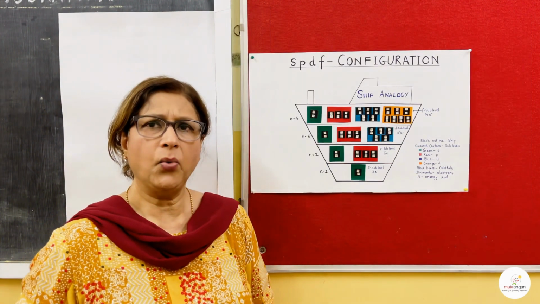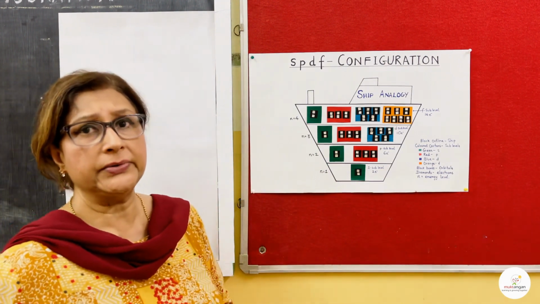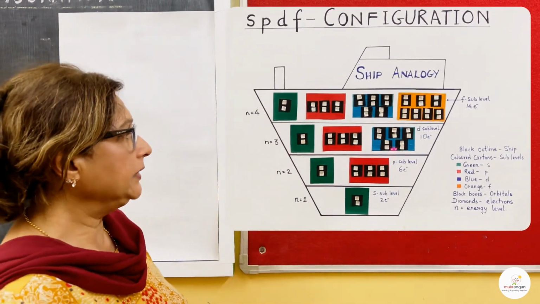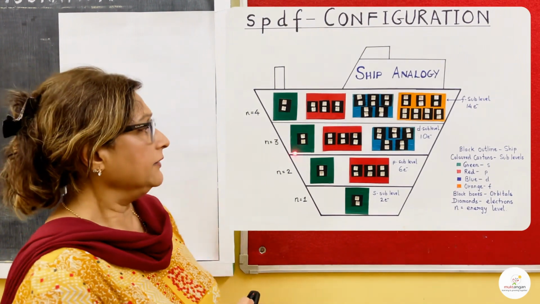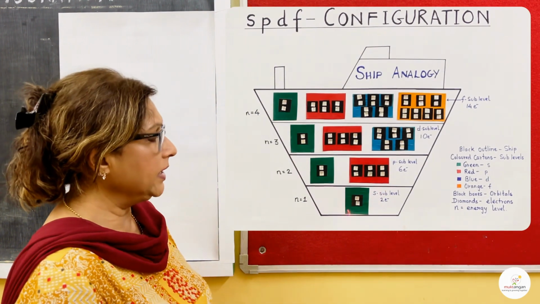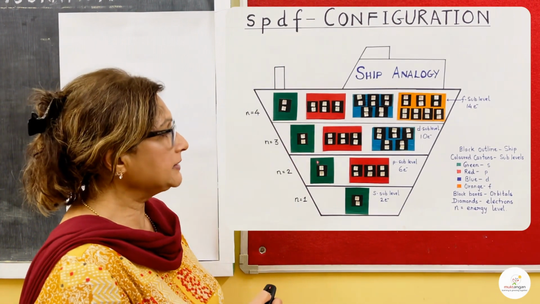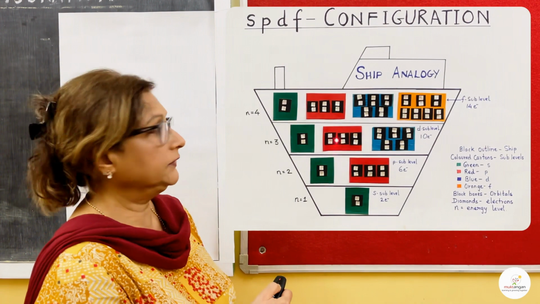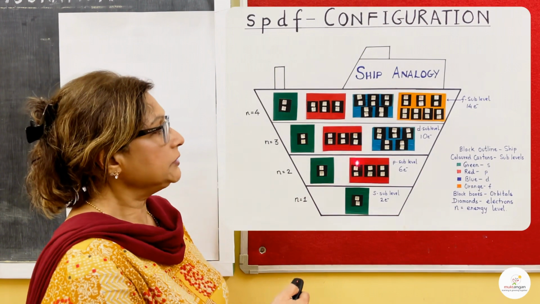Now, the question is, what if someone wants to ship even more diamonds? What do they do? In that case, they have to rent the next deck, which is deck number 3. Now, deck 3 has 3 different boxes in there. The first box is exactly the same, that is the S box, which you can find in deck 1, also in deck 2, and this is also there in deck 3, that has 1 black box holding 2 diamonds. The next box, the red box or the P box, this is also similar to the second deck box, which holds a total number